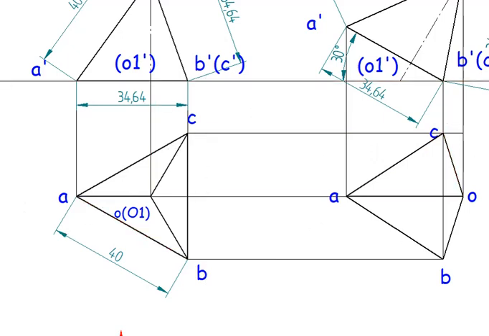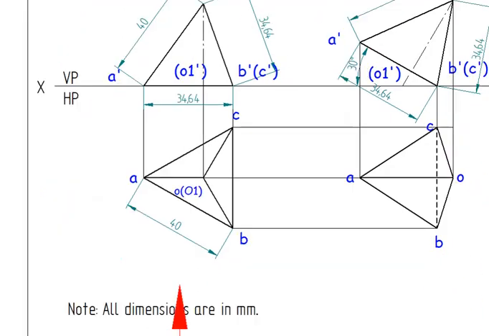Similarly, B to C is the edge which we need to construct. B to A is outer boundary, B to O is outer boundary. The remaining is from here till here. This should be hidden lines. So at last we are going to keep the projections of the axis line visible.